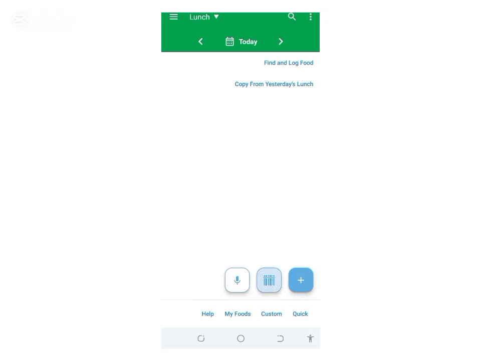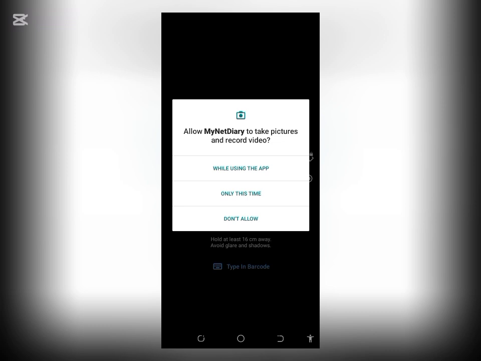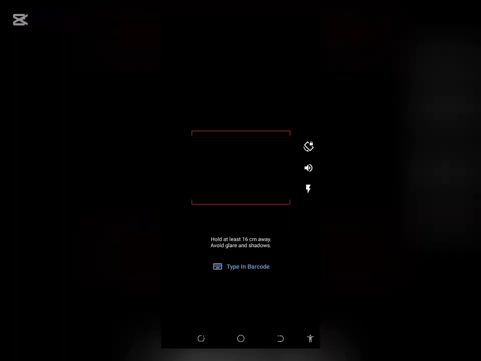It also supports barcode scanning, making it quick and easy to enter store-bought items.